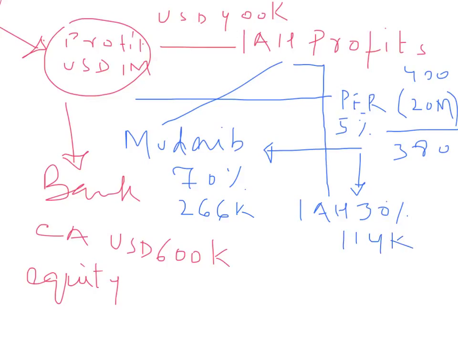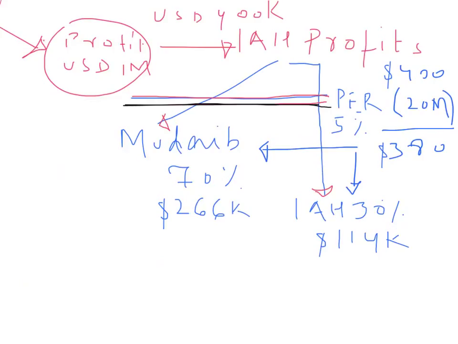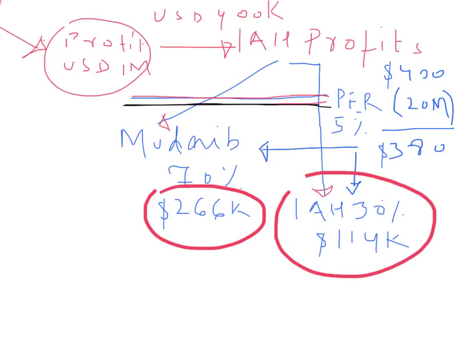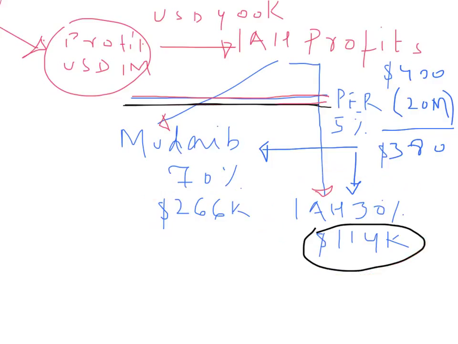Thus, eventually, on the basis of profit equalization reserve, the profit sharing income attributable to the bank, the Mudarib, works out to $100, whereas $114,000, that is 30% of $380,000, is allocated to investment account holders. This amount of $114,000 attributable to the investment account holders is subject to the deduction of another reserve that is